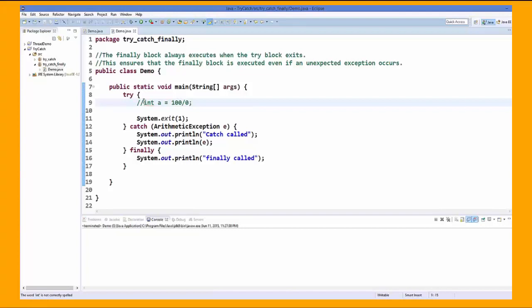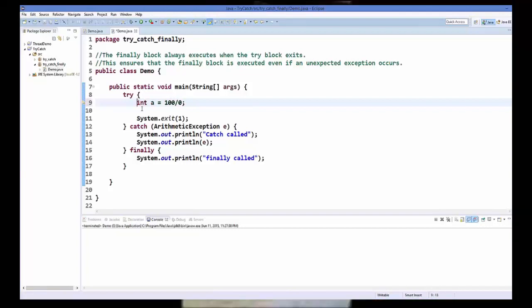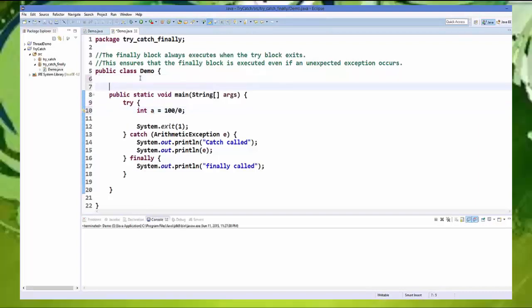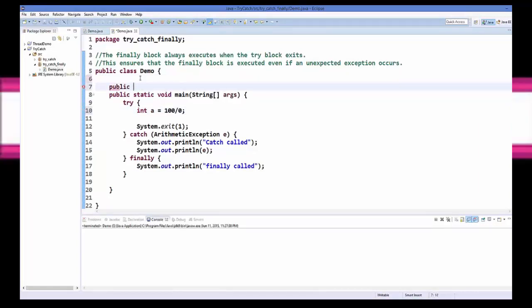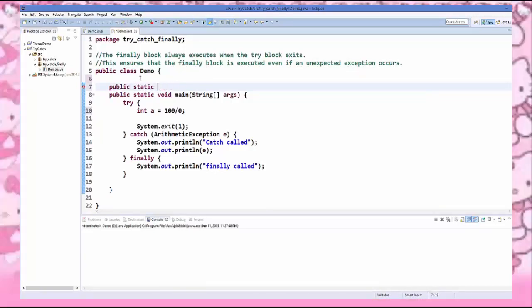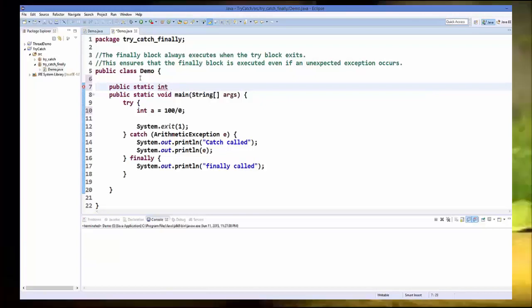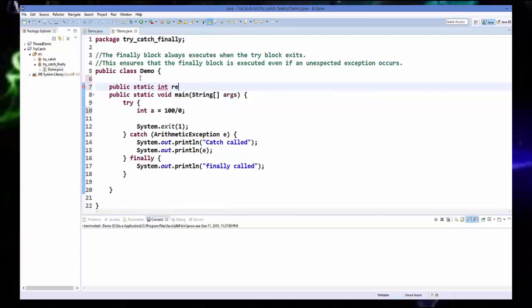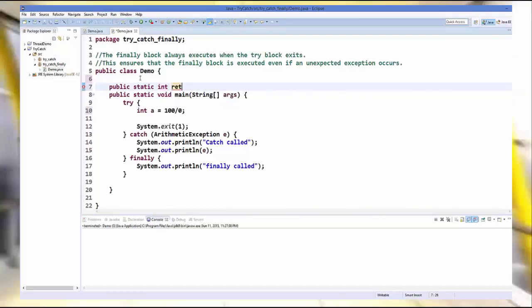Now to understand this situation in a better way, let's create a method, for example public static, void, or let's return integer here, and let's say return int.